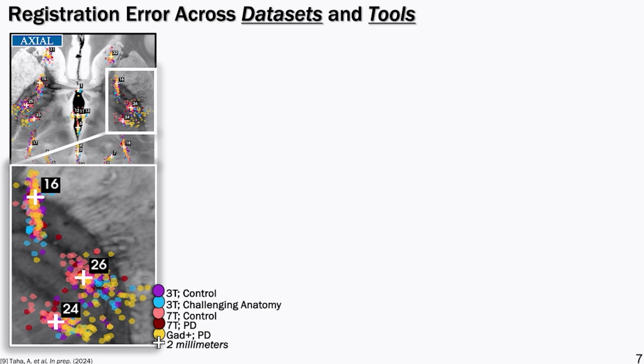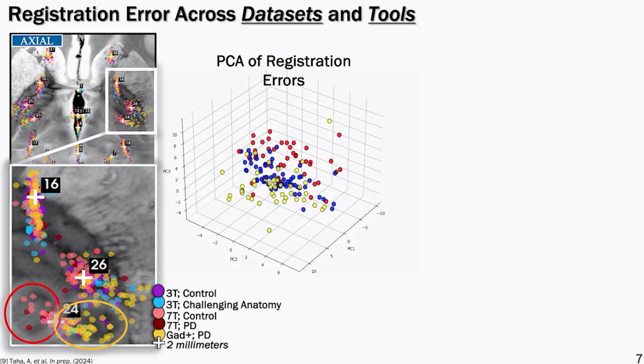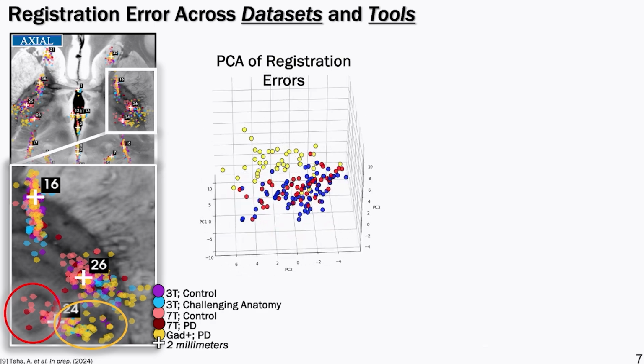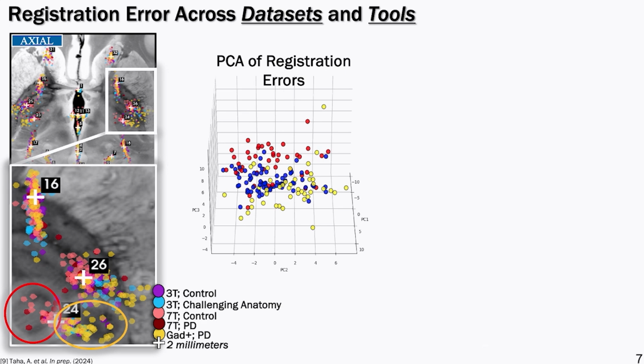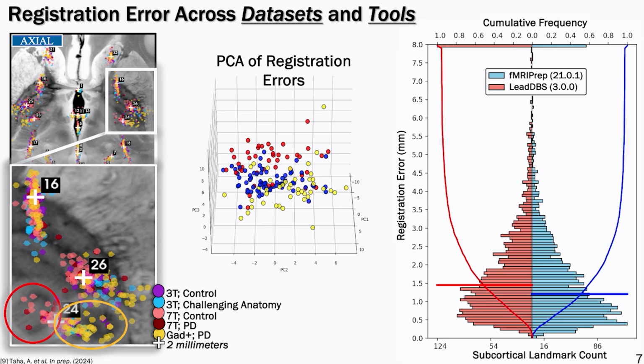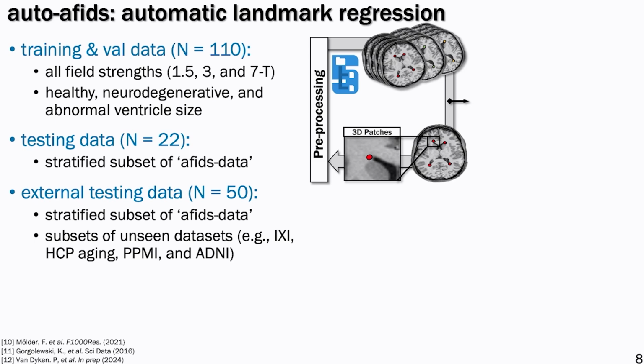We did a PCA on the errors of the different data sets, and what came out was interesting clusters that map back to some of the individual field strength or data sets that they come from. And this is very relevant for studies looking at various populations in a common space. We also can do various comparisons with various registration algorithms and software in the literature, and we did a quick one here. There's certainly more to this story, but it's more of a one-slider about what we can do with this data. And so this motivated the use of our data